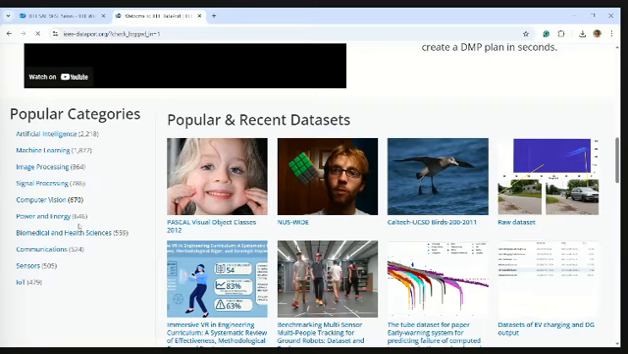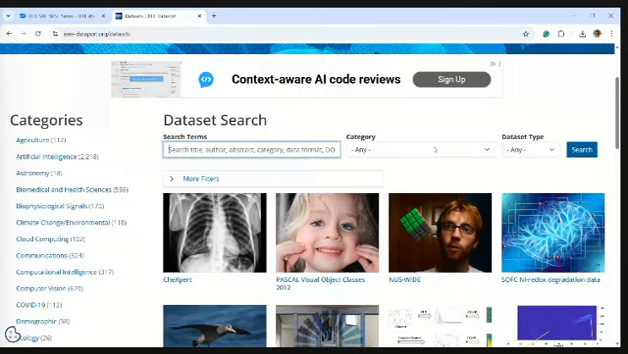So this is the search term. You can use the search title if you know it. If you want to go by category, for example agriculture only, you can see all the agriculture data sets over here. And you can log in to it. You can click here